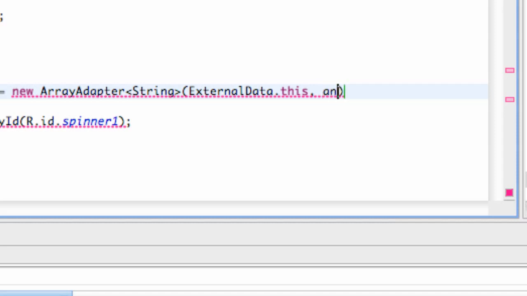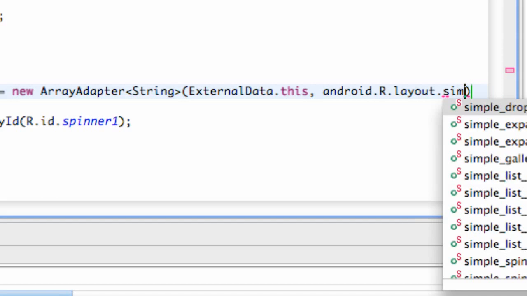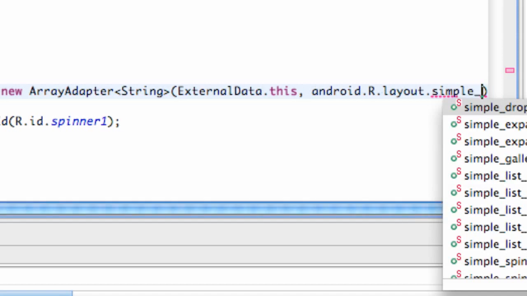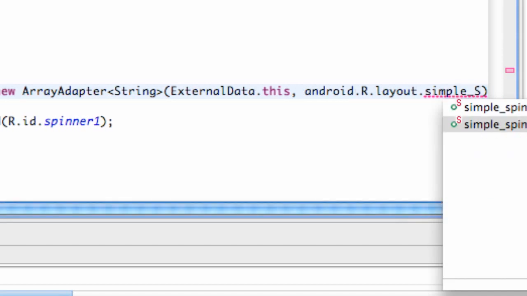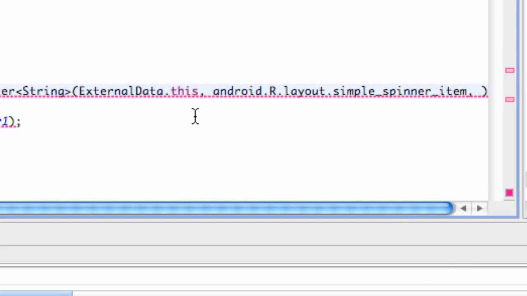So we're just going to say android.R.layout.simple_spinner_item. Hit that. And the last thing we need to set up, so there's three things within the parameters: